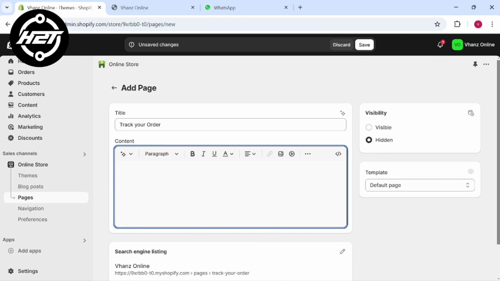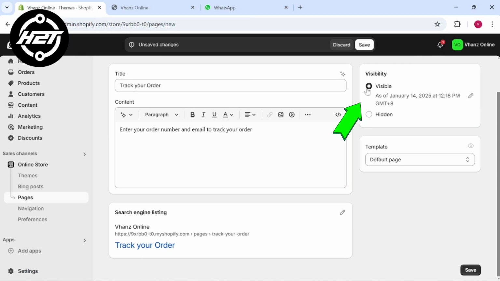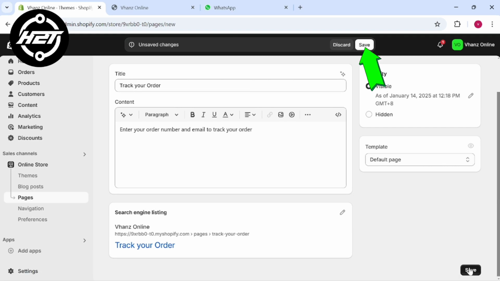Include instructions such as enter your order number and email to track your order. On the right side, leave the visibility settings as visible or schedule it for later. After that, click Save.